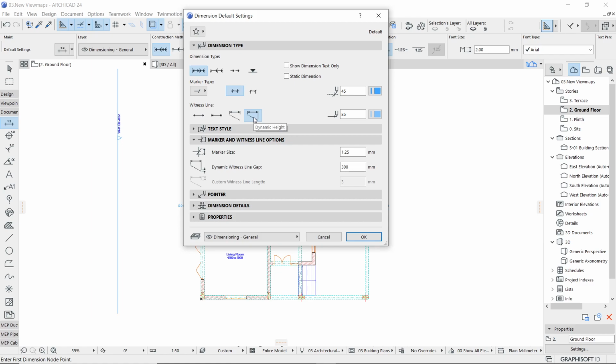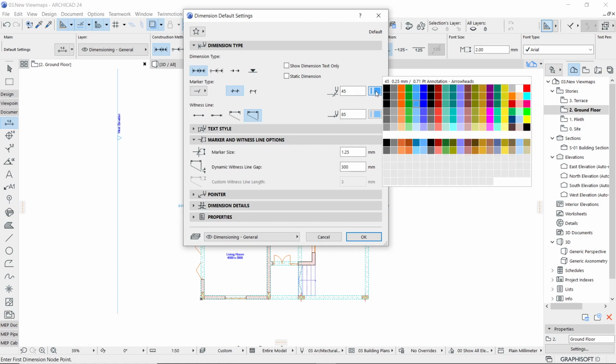The dynamic height, we will adjust its height soon. Now the pen numbers, for example, the marker pen, that is arrow. If in case you want to keep it as a black color on paper, and if you're printing as a color document, then it makes some sense. So right now, let's try to see that I would like to have this as a little bit thicker one.